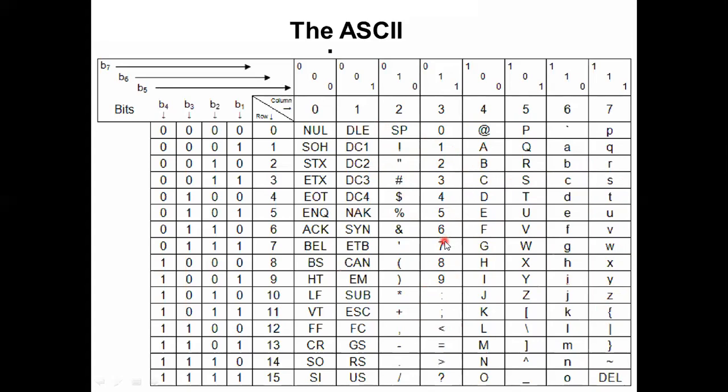Whatever letters and symbols are on our keyboard, all of them are converted into ASCII code. That ASCII code is in the form of ones and zeros only. If you press any key on the keyboard, then the processor converts it to the corresponding ASCII code for that key and displays it on the monitor.